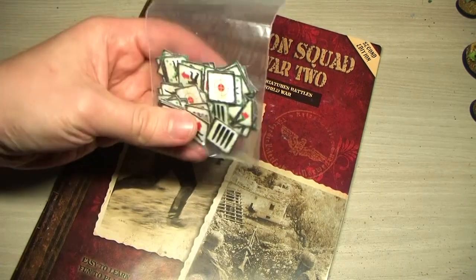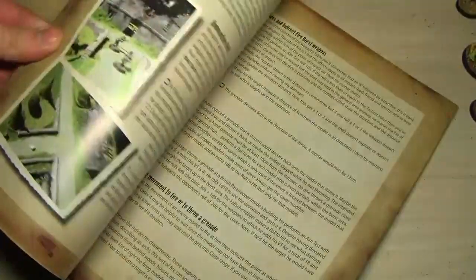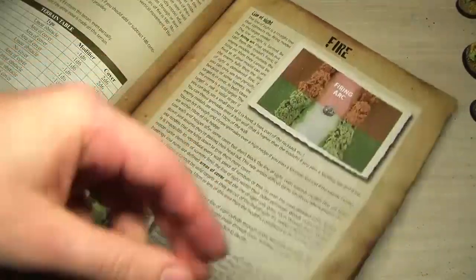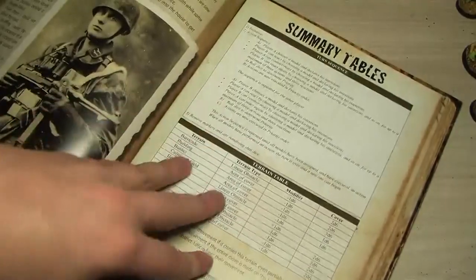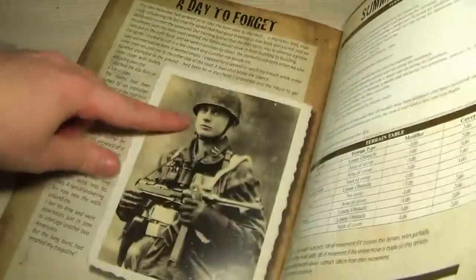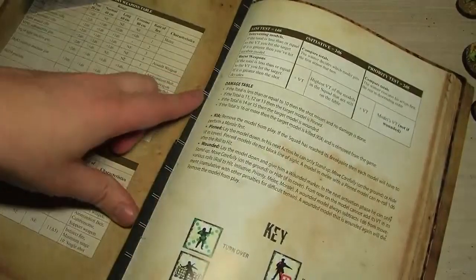is played using some of these tokens. It's paper tokens and they come with the book. The book has lots of cool pictures. They have pretty simple rules, special characteristics, and they have summary tables which you can cut out, and there's even this small story about a German paratrooper. It's really fun. There are some rules for the weapons again, and you can see here I've cut out the